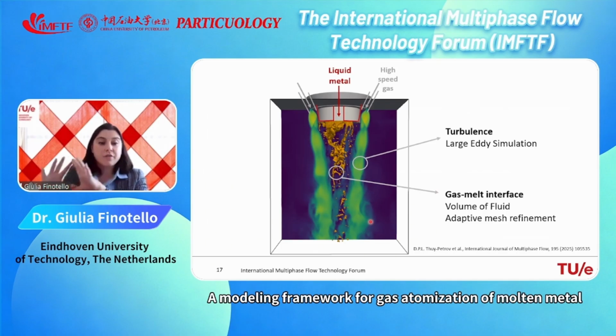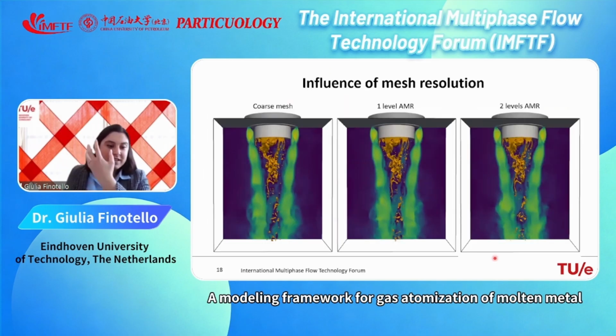I have no time today to go into the detail of our method, so please look at this paper from our previous PhD, Denis Petrov, in the International Journal of Multiphase Flow. Today I want to show more some nice images and pictures